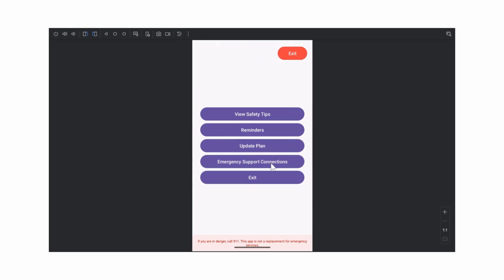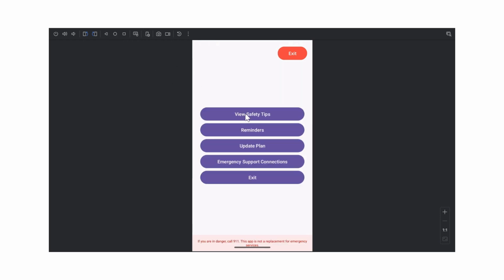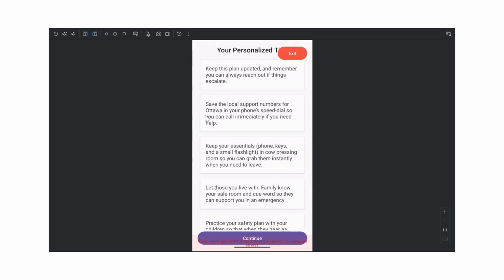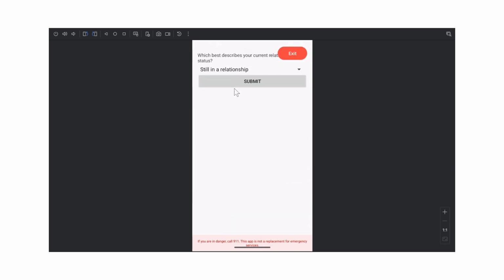Another feature is emergency support connections. Right here you click it, it's going to give you local support connections. Right here you have Ottawa, Ottawa, Ottawa, Ottawa. If I go back, reminder we're at Ottawa, if I specify a different place in my plan,